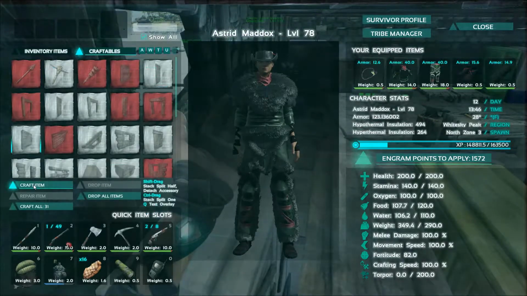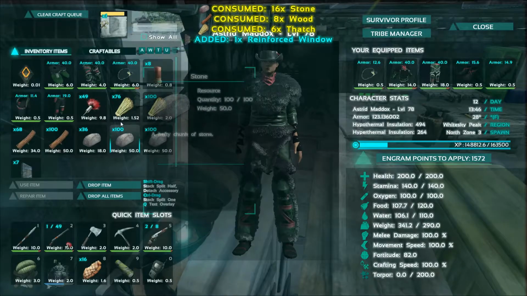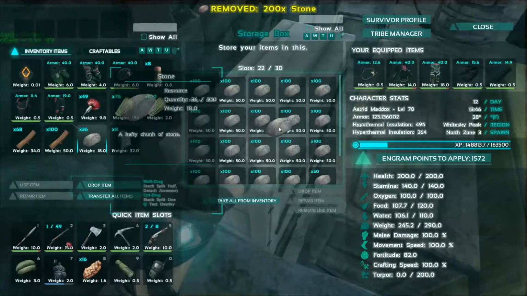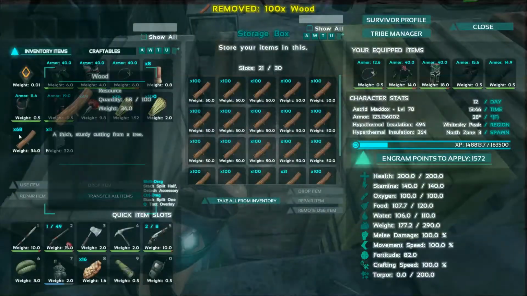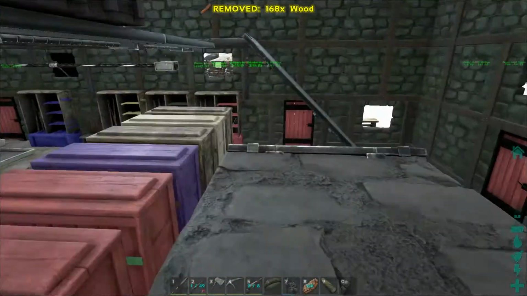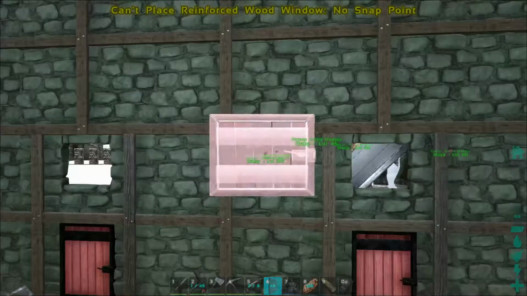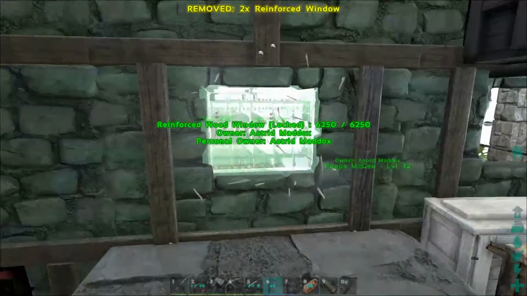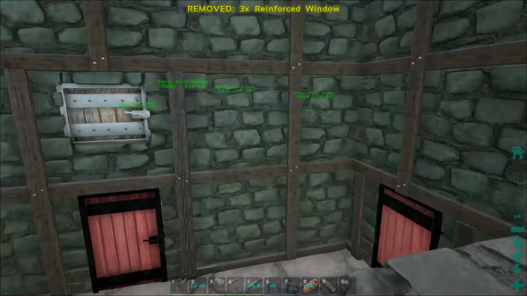Here they are. And let's get rid of this stone. And I'll just drop off the wood real fast. We'll leave the thatch in my inventory because it's not very heavy. Go ahead and pop that down to 6. Go ahead and place some of these things. I'll paint them later,